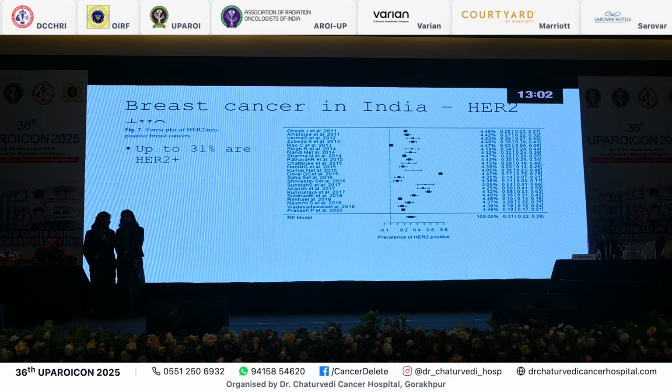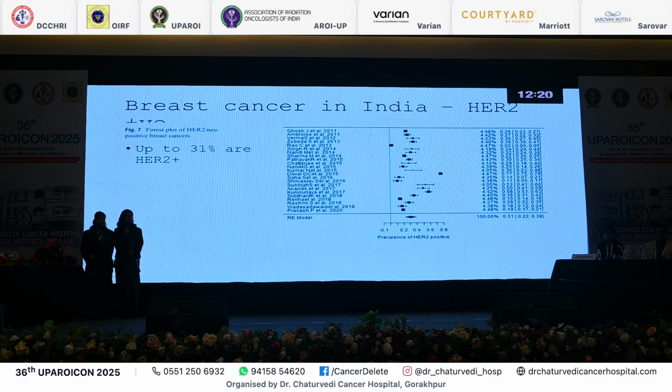So this is a real world phenomenon. In the trials, in theory, in other papers, we see how many patients are HER2 positive in our clinics or in our hospitals. In real world data of India from 2011 to 2020, 30% of patients in our setting are found to be HER2 positive if tested as per the CAP protocol, with proper specimen and pathological guidelines. Up to 30% we can see in our clinic. Sometimes even more. Gradually I have seen a shift in HER2 positivity. It's gradually increasing somewhere. There may be some biological change in the phenomena of malignancy.